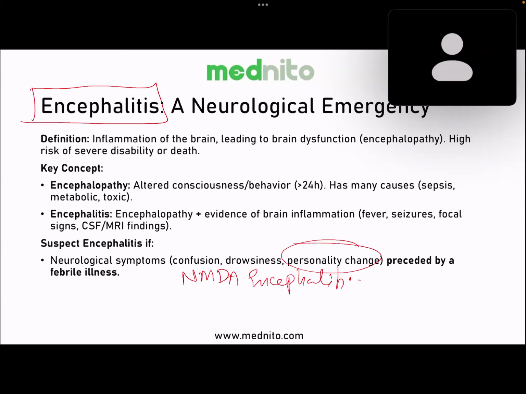Personality change is one important thing you'll have to identify. The examiner sometimes can ask you about a 60-year-old female patient presenting with change in behavior. She's got some weight loss, and there is abdominal swelling. What do you think of? It is ovarian cancer that is causing encephalitis. Autoimmune encephalitis could be the cause of the change in personality in a 60-year-old female patient. What is the swelling she's got? She's got some ovarian malignancy, because encephalitis is usually associated with ovarian tumors. That is why people do CT of the thorax, abdomen, and pelvis.